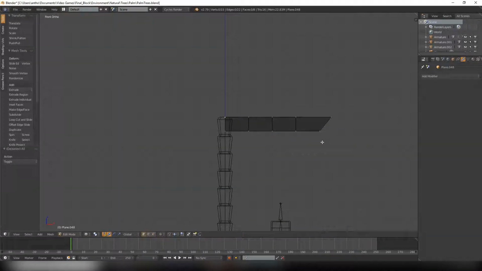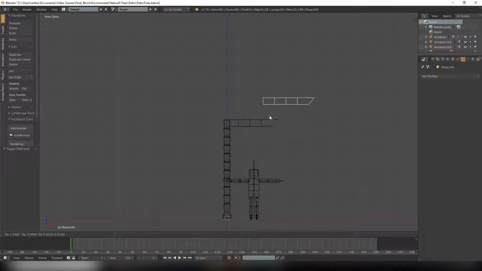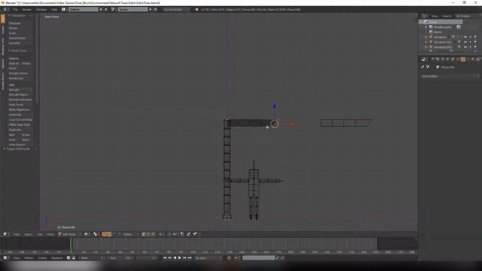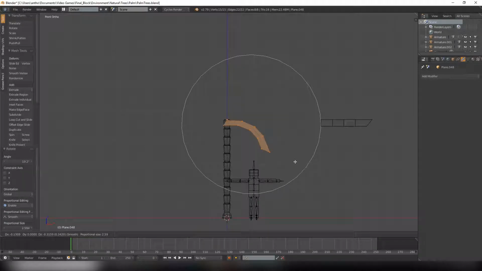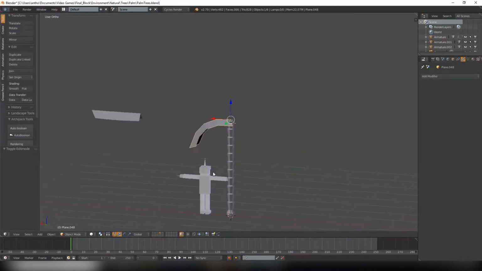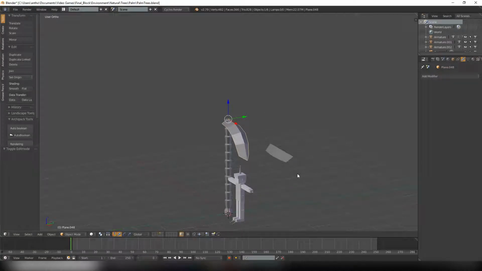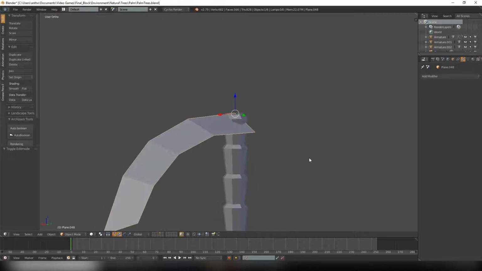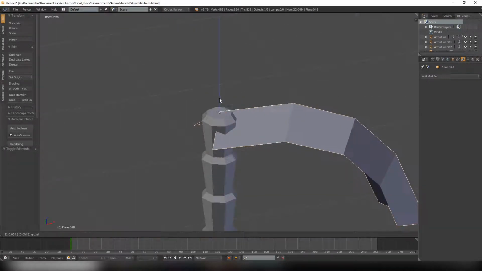Okay. And then go ahead and make a duplicate of this, just in case you mess up on this step. So select these front vertices here, and press O first, my bad, press R, and then get a ring about this size, and just go ahead and rotate it, just like this. Okay, and there we go. We have pretty much a palm tree frond, and we can go ahead, bring it up,